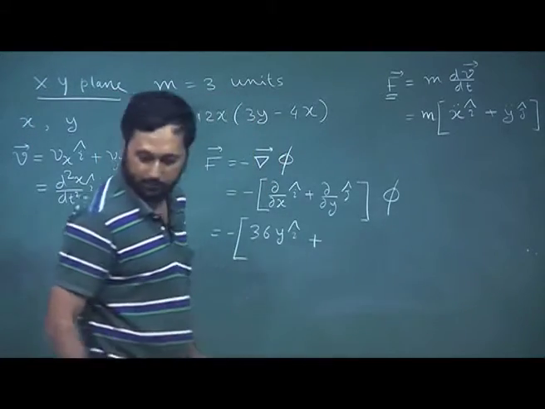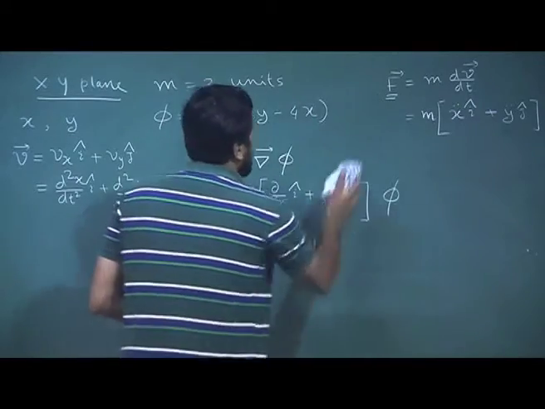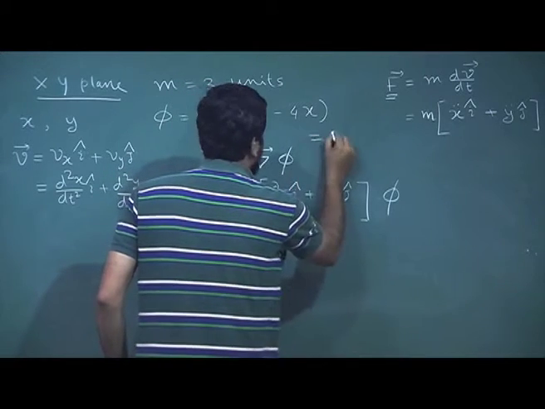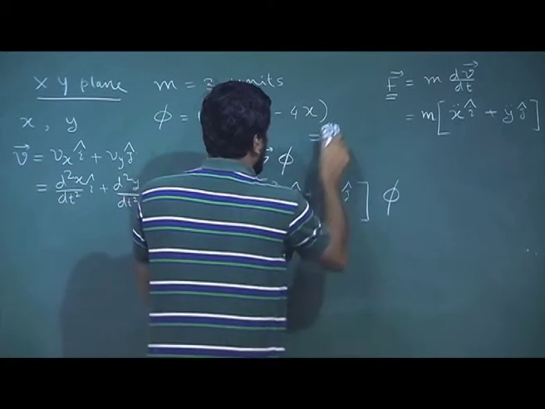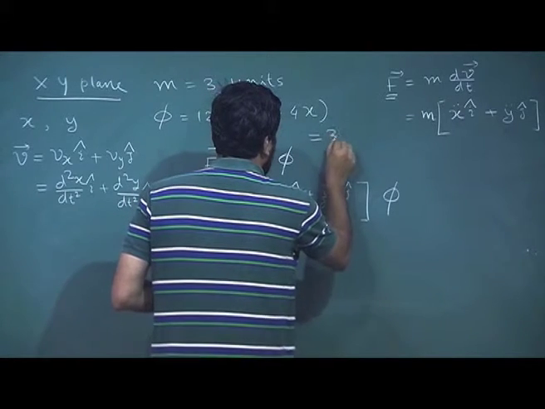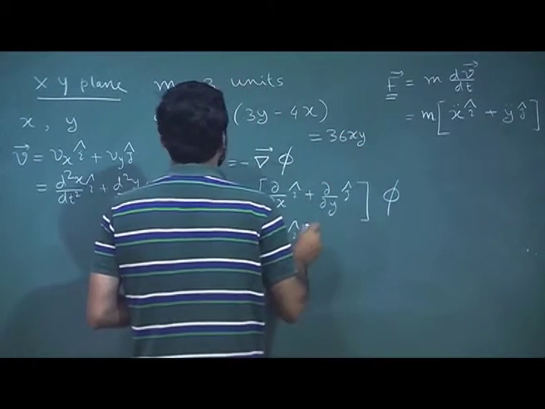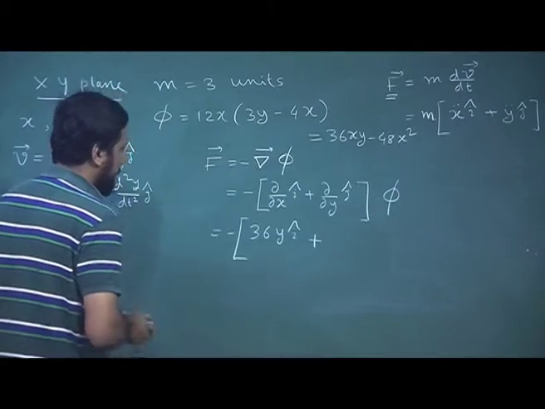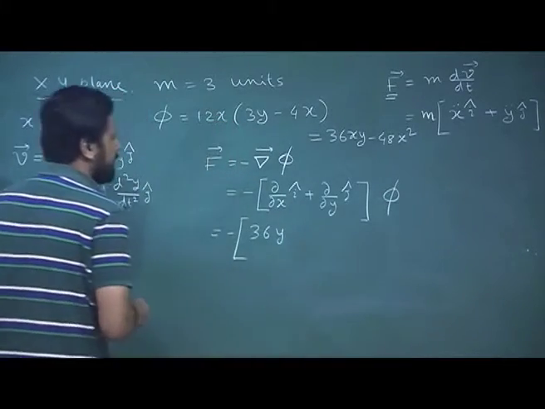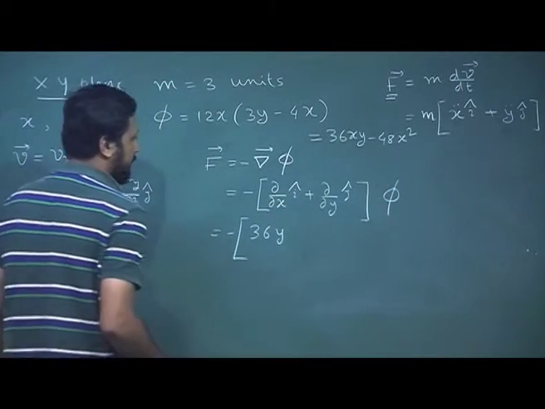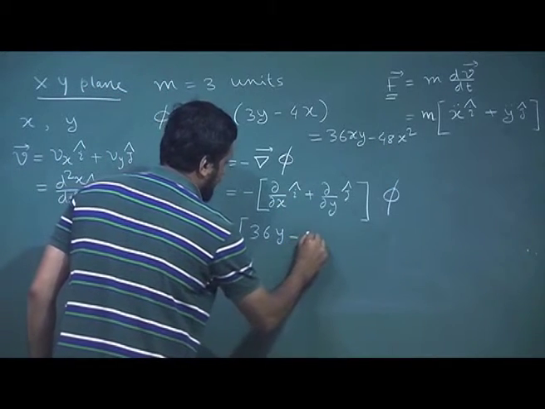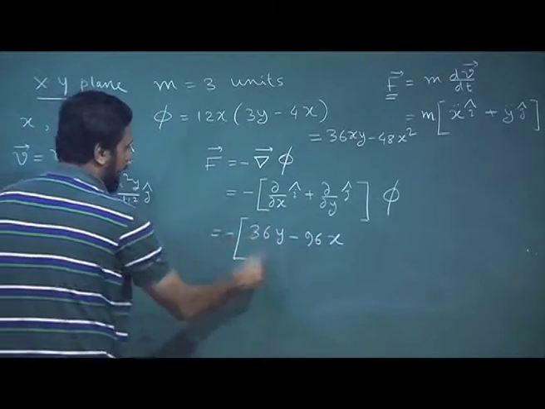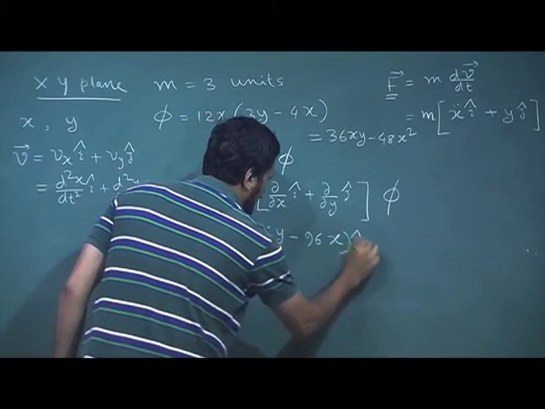Oh sorry, I just made a small mistake here. What we need to do here is write 36 xy minus 48 x square, right. Actually, there will be one more term coming in, because this term will also contribute. So, it will be minus 96 x if we take del x I cap